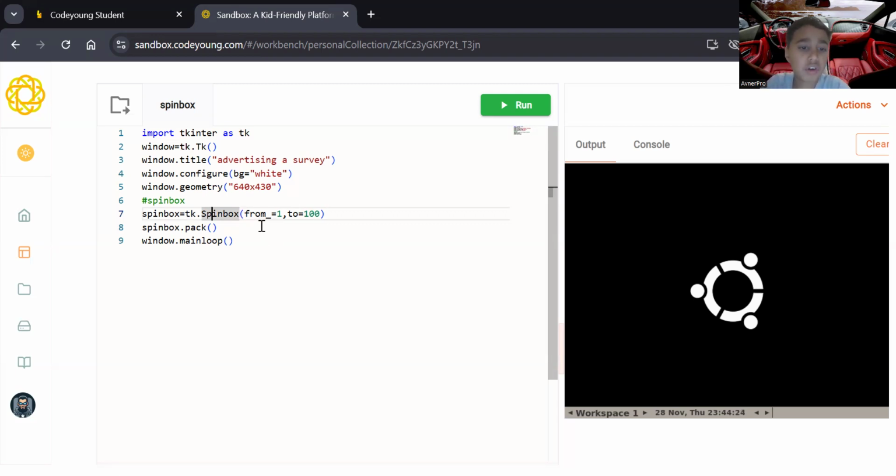Brackets, from_ equals 1, to equals 100. Basically, from_ means it's the starting range, so it can't go below 1. And then to equals 100, TO, right? That means it's going to be the ending range. You can't go beyond that. And then spinbox.pack() and window.mainloop()